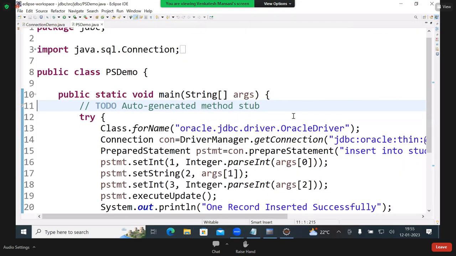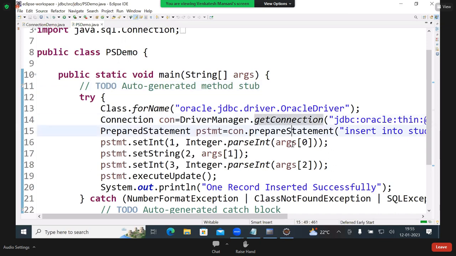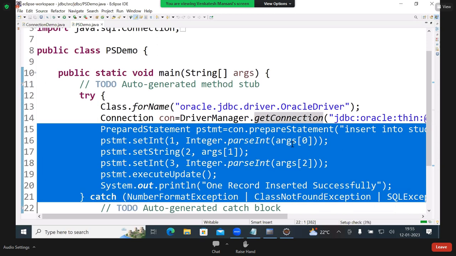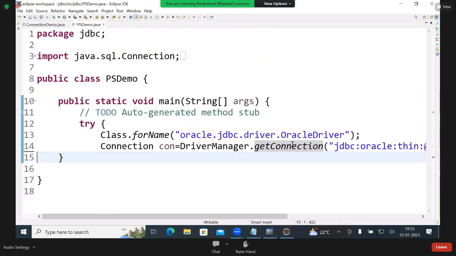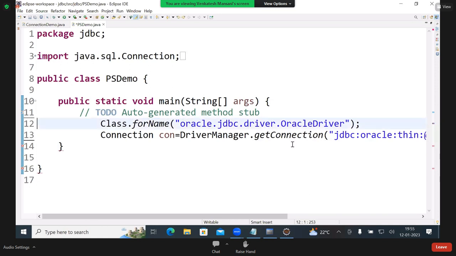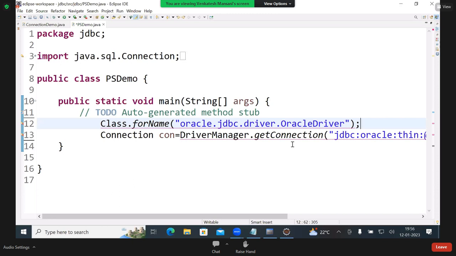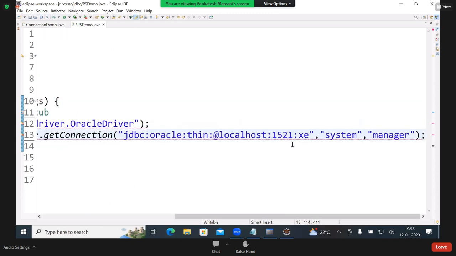I'll remove some code. Up to connection establishment, it is the same, no? See, up to connection establishment code, same. Okay. Now, this is the same every day. Class dot forName, DriverManager dot getConnection. This is the same. No change. After this,